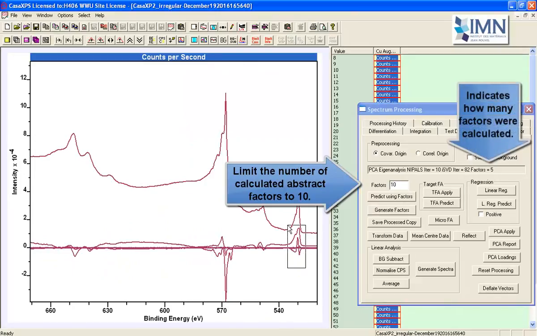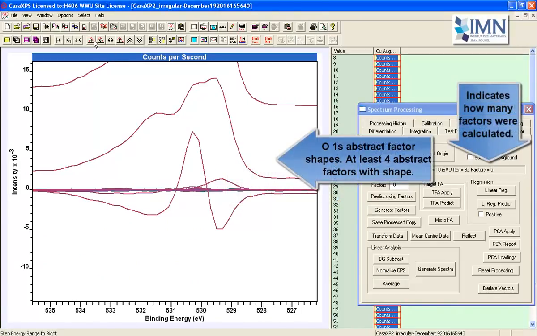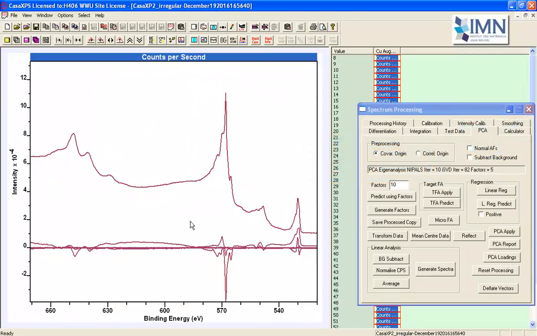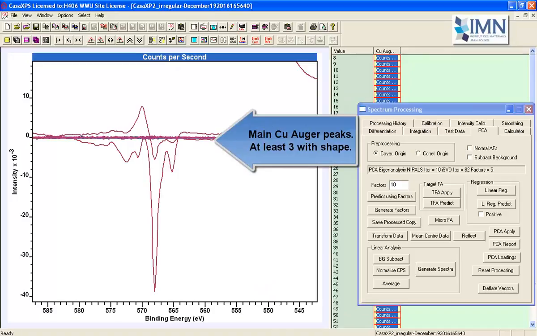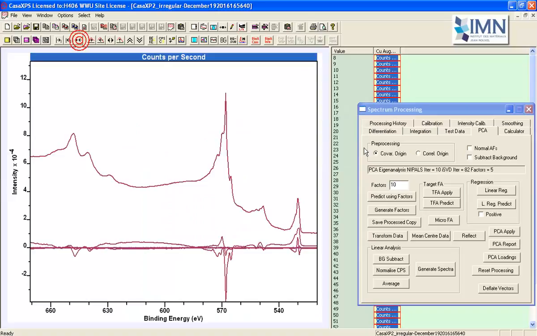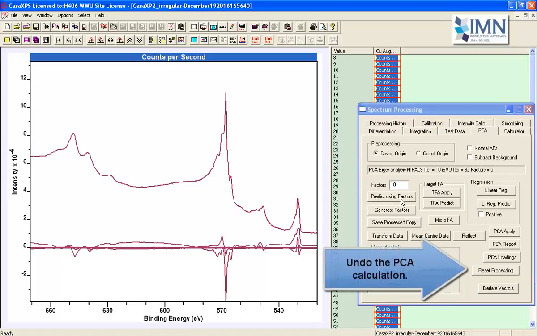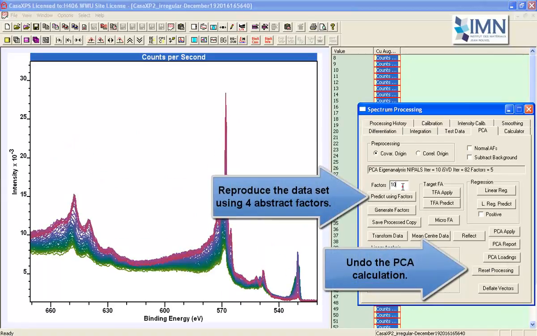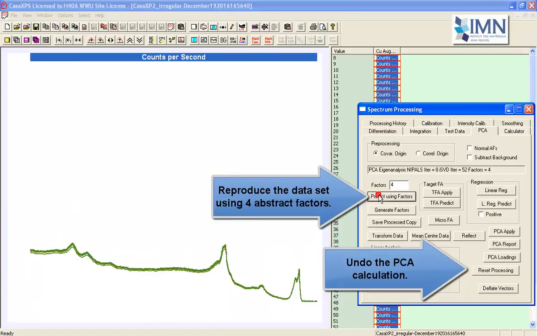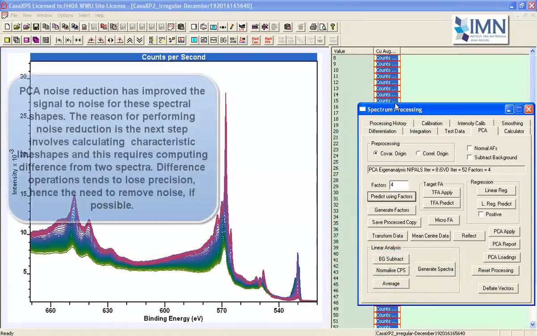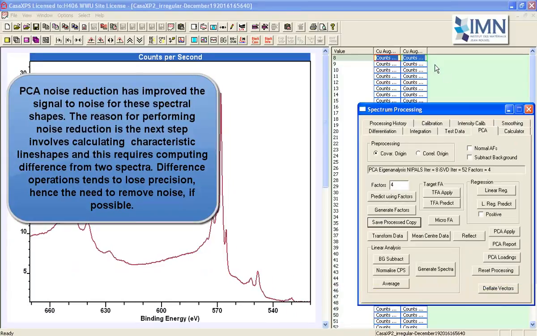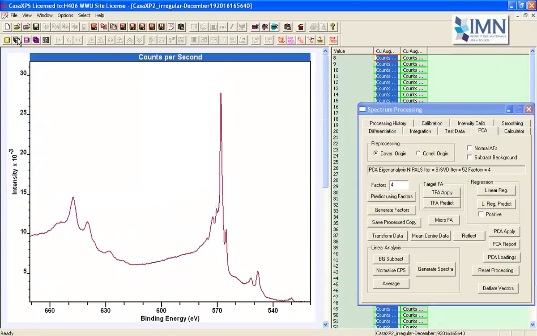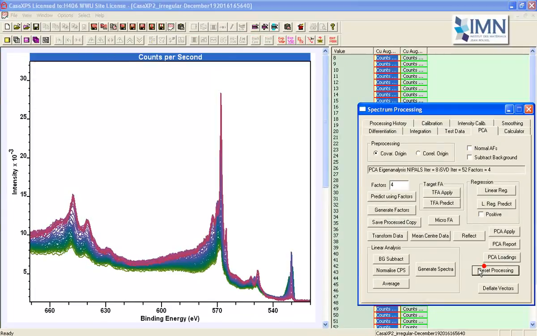to capture. Hence we've targeted our acquisition, and we've now combined these data and performed a principal component analysis so that we can see how many abstract factors can be generated from these data. And we can see there are between 3 and 4 abstract factors that might be significant to these Auger lines. The 4 is probably related to the oxygen peak, where we've got more going on in the copper 2+ oxide than simply oxygen. I think there's nitrogen and carbon also there,